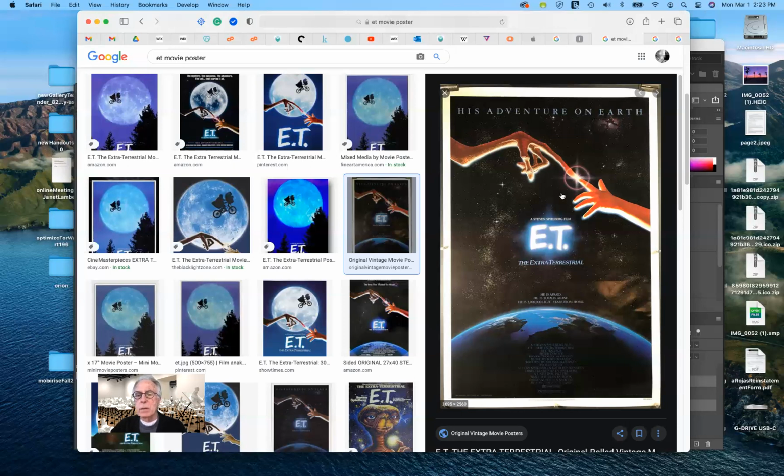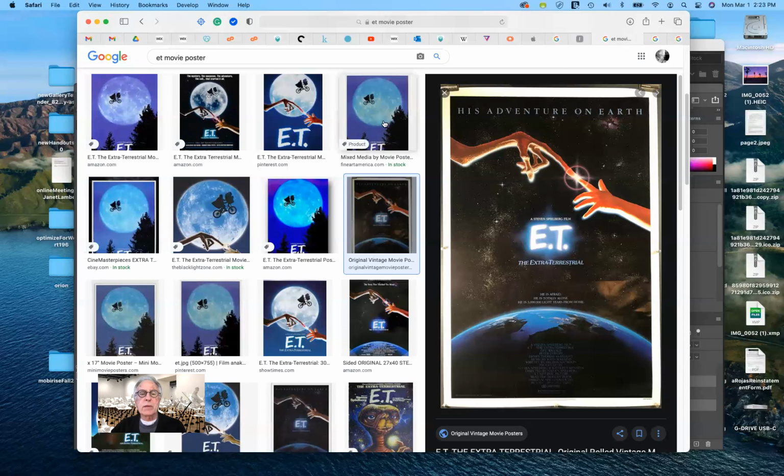E.T., the title, is at the center, and it glows, which is really nice because the finger of E.T. was a glowing kind of thing, with the sky as a dark backdrop to illuminate all of the imagery.